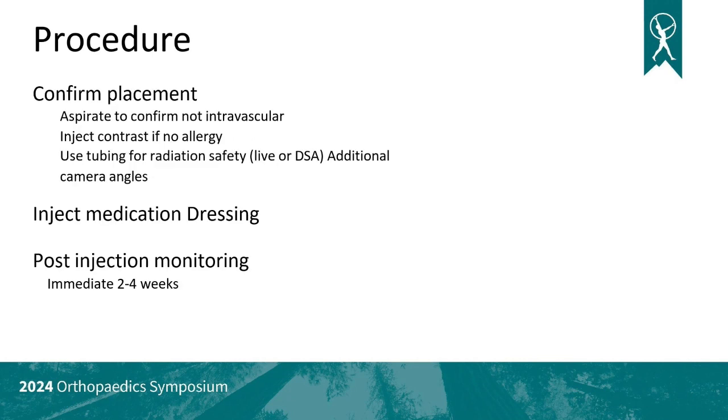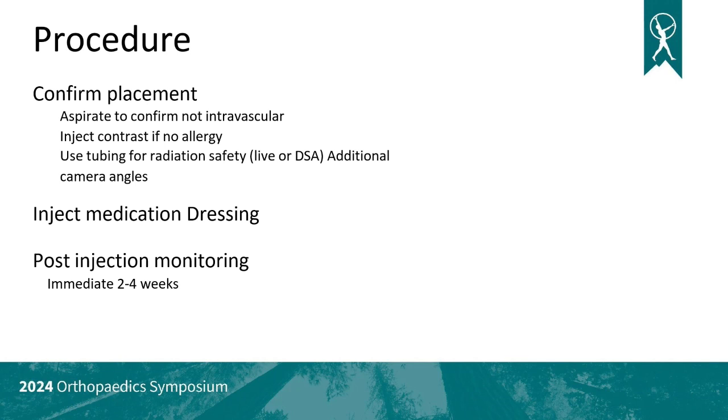Once they're anesthetized, then you're going to confirm your placement with your fluoroscope. You're going to aspirate once you get down to the spot you need to be in, and then you confirm once again that it's not vascular is key as well. And then if there's no allergy, because there's contrast allergies, of course, mainly iodine, you'll be injecting the contrast. And then for epidural type procedures where you do